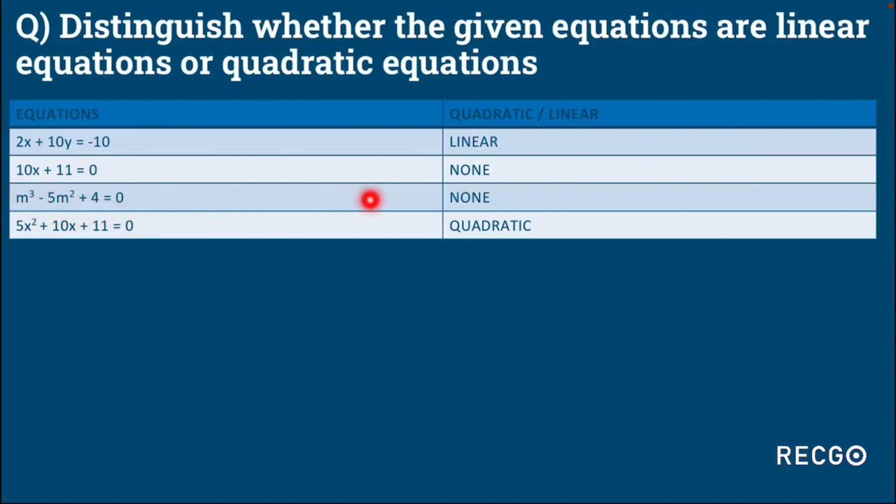So this is also not a quadratic equation, and it is not a linear equation also, because it is having same variables. It is not having two different variables, and obviously the degree is also not 1. So this is not a linear equation as well. Let us see the last equation. So the last equation is 5x square plus 10x plus 11, which is equals to 0. Now since we are having the same variable throughout, this cannot be a linear equation, because for linear equation we need two different variables. So this is not a linear equation.